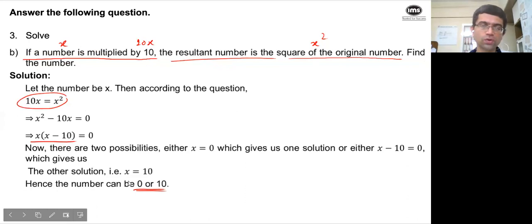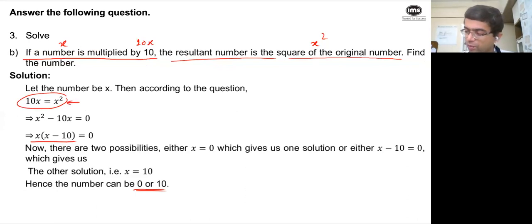There are two solutions to this question, understandably, because I have a quadratic equation. So whenever I have a quadratic, I have to have two solutions or two values of x which fulfill that quadratic equation, right? So the only message here is don't rush to a conclusion just by saying x square is equal to 10x and dividing x from both sides. Sure, I will go a little slow. Hope you have understood so far. Great. So if x is multiplied by 10, hope you understood how we got 10x is equal to x square.